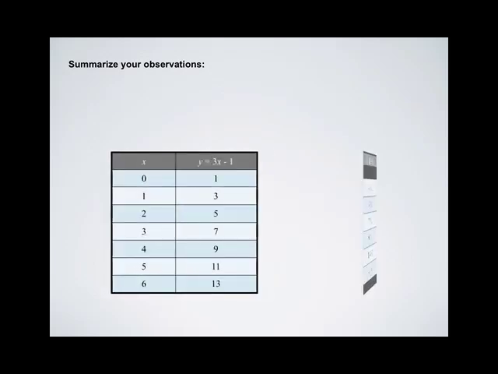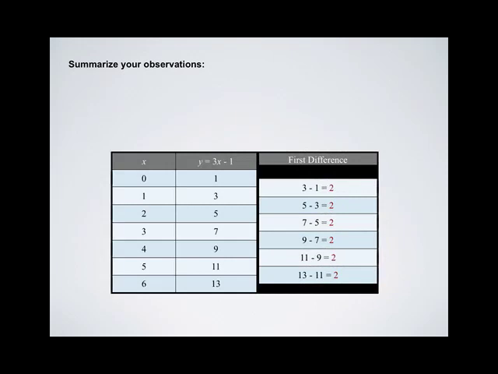Let's summarize our observations. We had our column here, our table of values, and our first differences column. We could say when the value of x increases by 1, the value of y increases by